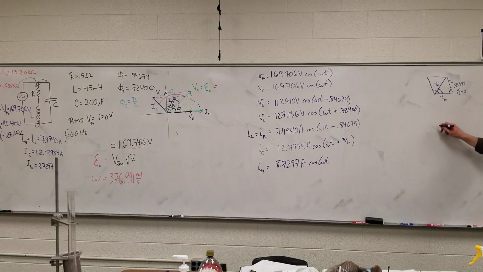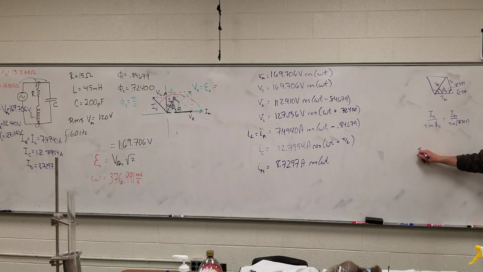Okay. So it's IC over the sine of, we'll call this phi 4, is equal to, I guess I have that angle right there, IPS over the sine of 0.72399. I know IC and IPS, those are over there. So sine of phi 4 is, multiply the diagonal, so that's